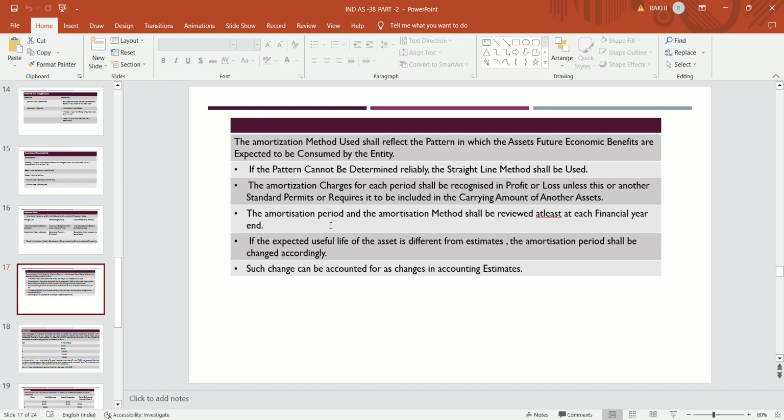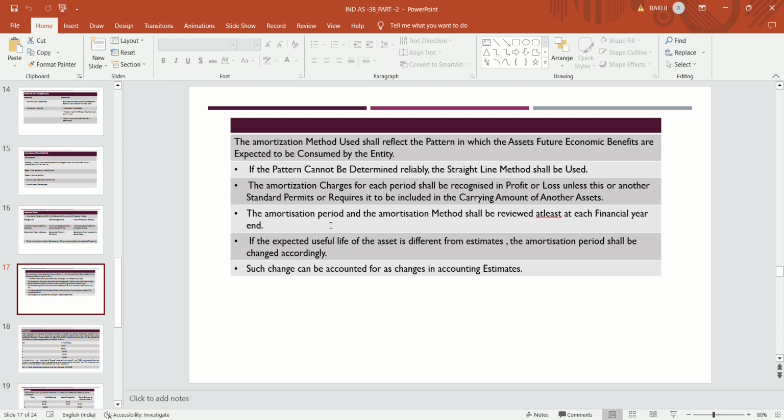If the pattern cannot be determined reliably, means you do not know which pattern the entity is able to consume that asset, means whether the consumption pattern is constant or diminishing in nature, or if the entity is not able to determine the consumption pattern, then the straight line method is to be used. Amortization charges for each period shall be recognized, means amortization cost is to be recognized every year in the